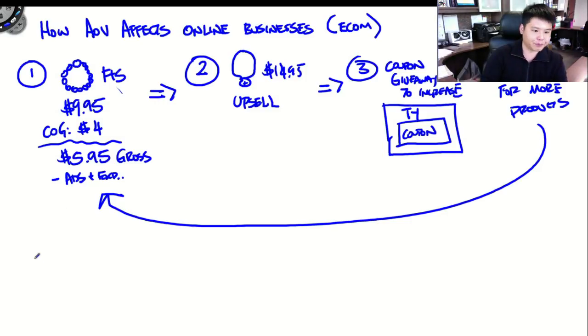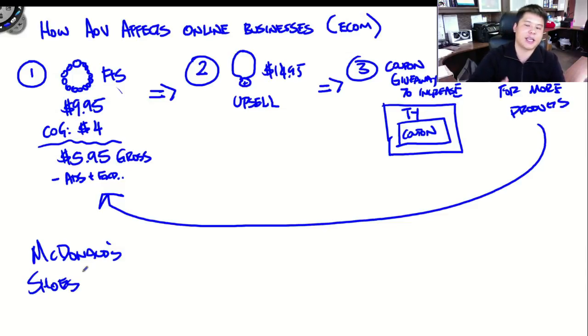McDonald's does this, right? You go in to buy a burger, they sell you fries, they sell you all these other things. When you go into buying shoes, they give you buy one, get the second 50% off. You want to add socks to your order? Do you want to add this protective lotion to your product? All these businesses are able to do all that because it will help their average order value. It would completely help your average order value.